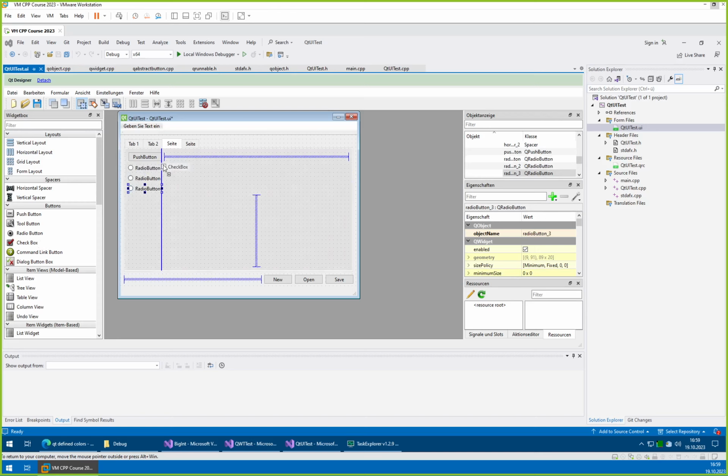The other type of button is a checkbox, and here's a checkbox and a radio button, so both are technically derived from a QAbstractButton, and they have the same signals, so clicked, toggled, etc. We could quickly run this